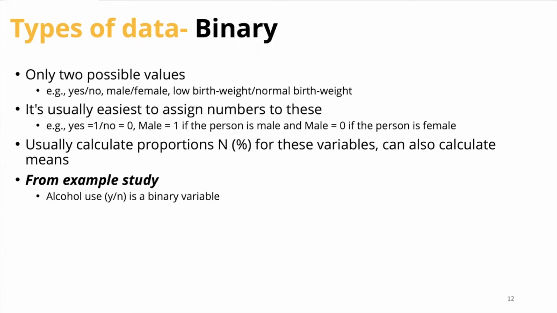So this includes things like a yes, no response, gender or sex, so whether you're male or female. It's usually easier to assign numbers to this type of data. So it can be a 0 or a 1. That's why it's called a binary variable. So if yes is equal to 1 and no is equal to 0,